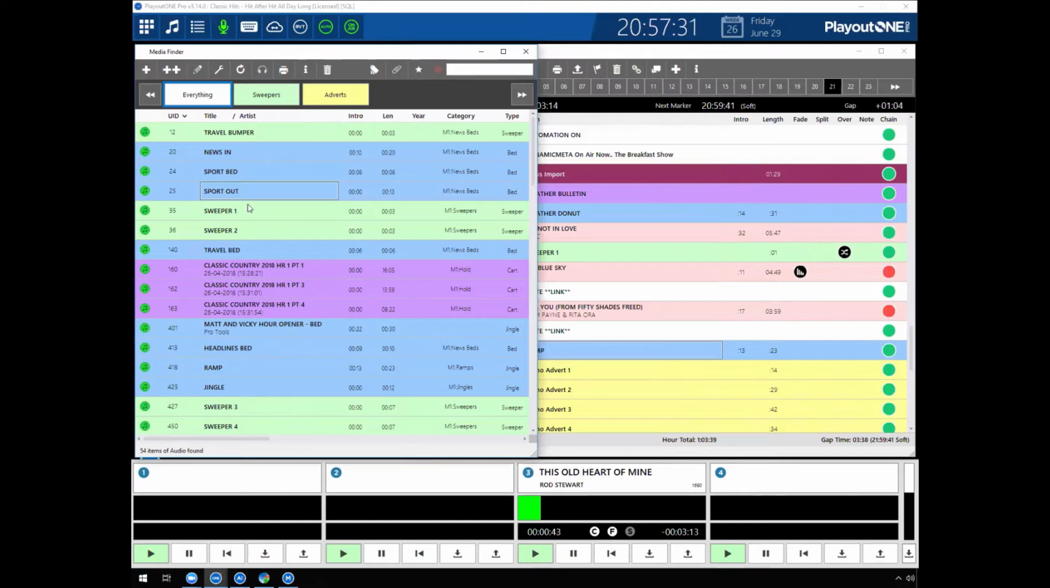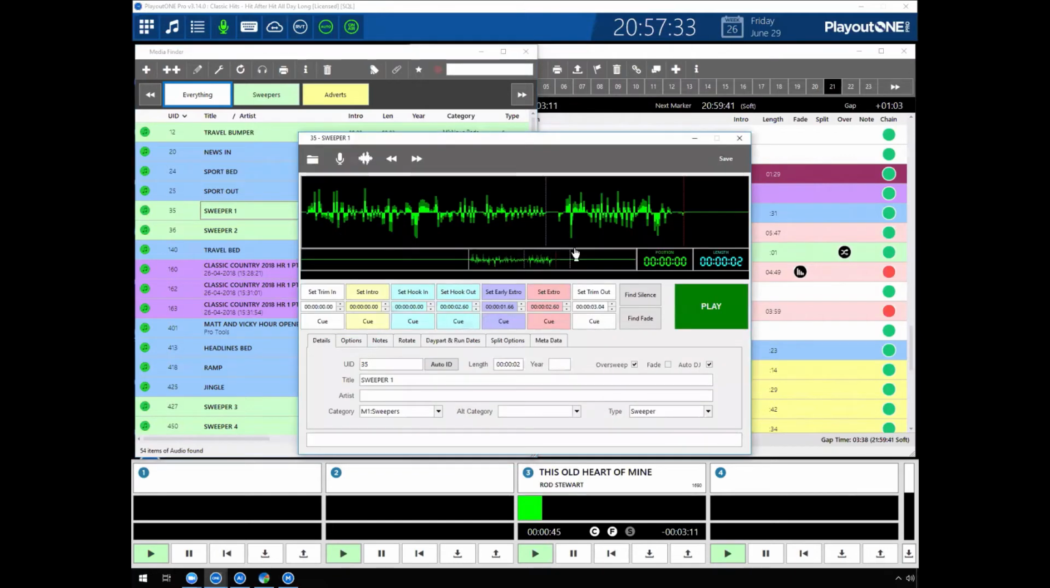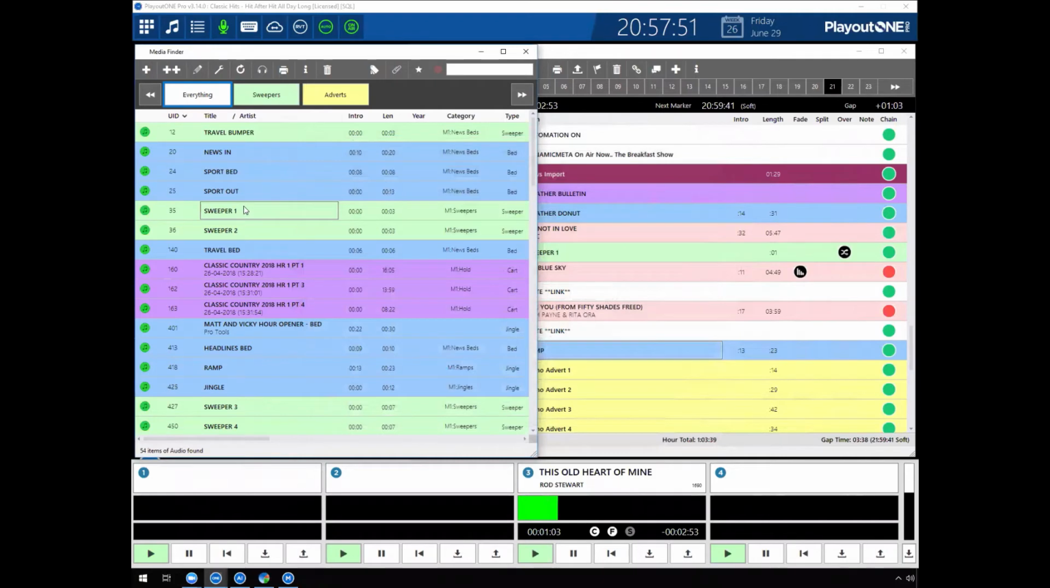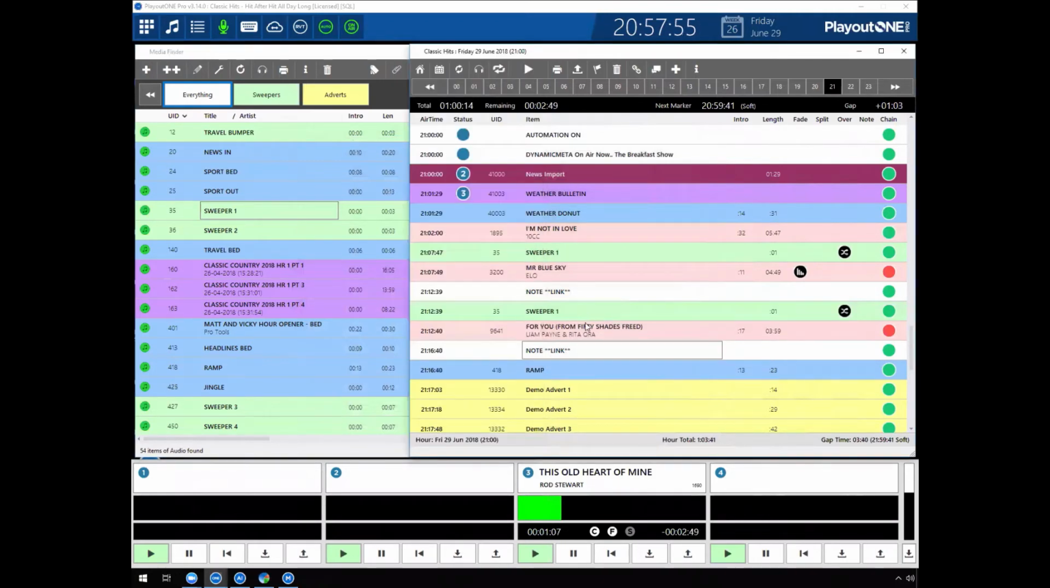So if we go into the sweeper one here, I've set an early extra point, which is here on this particular piece of production. And that's the actual extra point. So that's where it would normally play if it wasn't an oversweeper. It would then take the next item, but it is set as an oversweep. So what we'll do then is I will drag this into the log and drop it there. And you can see, the sweeper itself is 3 seconds long, but it's now saying, well, actually, I'm